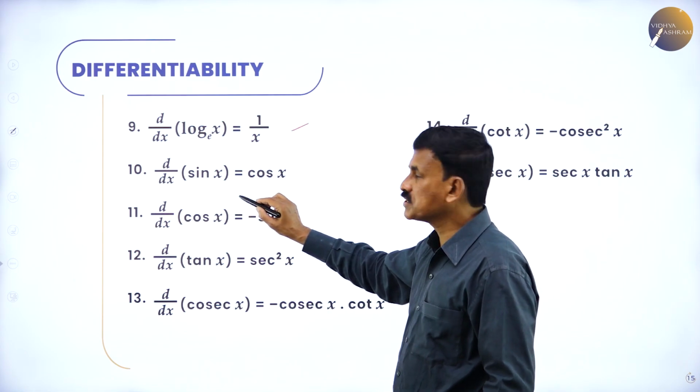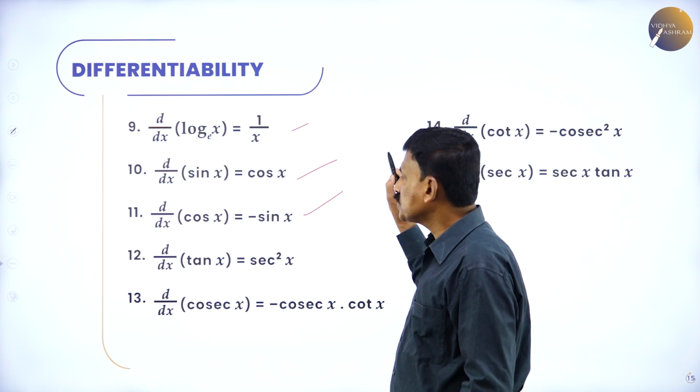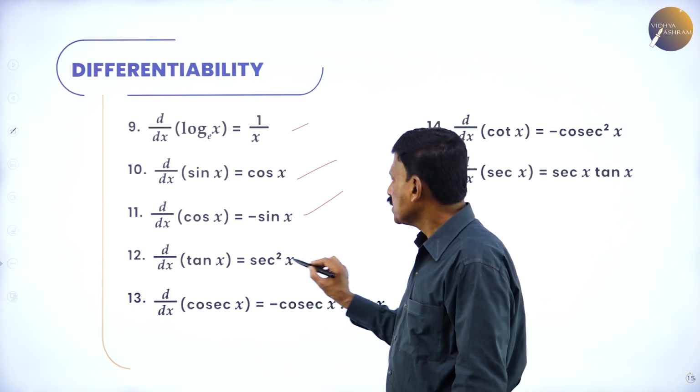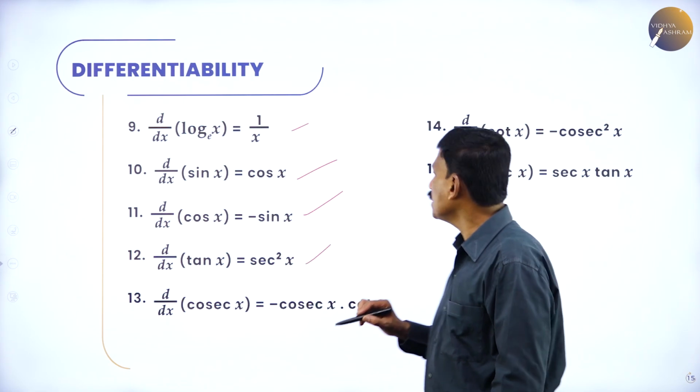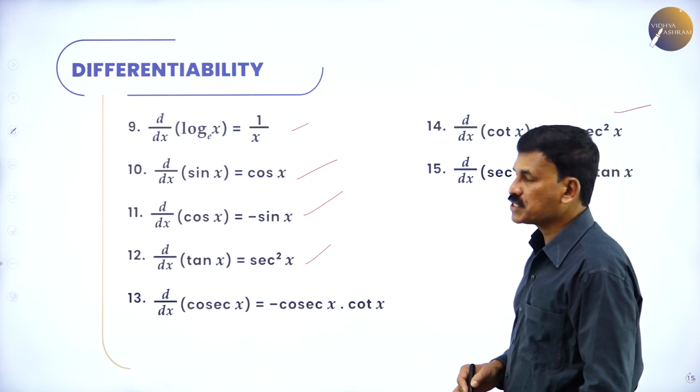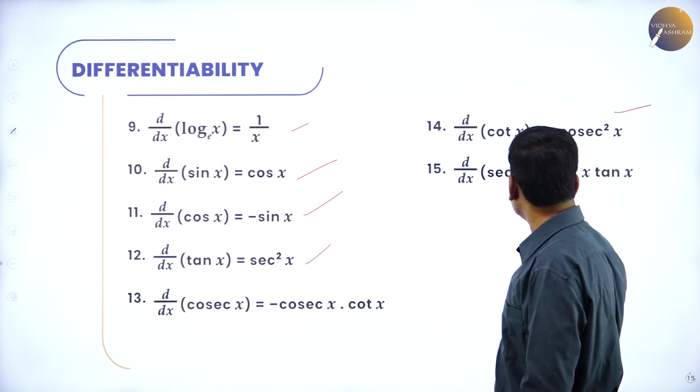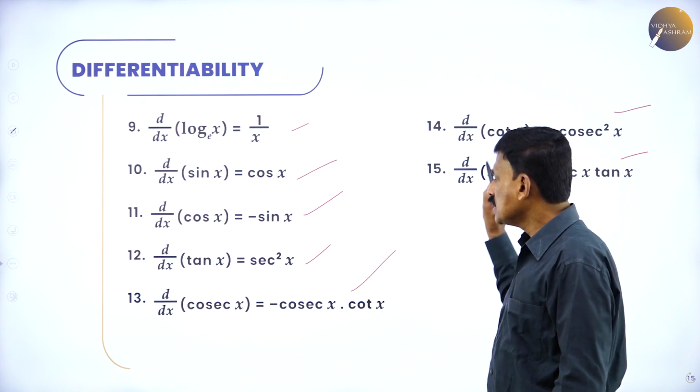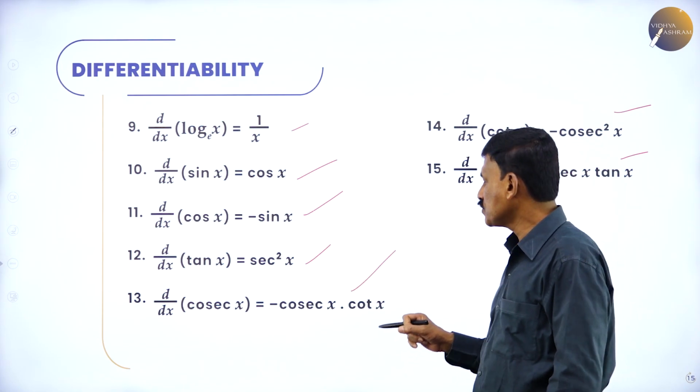d by dx of the trigonometrical function sin x is cos x, differentiation of cos x is minus sin x, d by dx of tan x is secant square x, d by dx of cot x is minus cosecant square x, d by dx of secant x is secant x into tan x, d by dx of cosecant x is minus cosecant x into